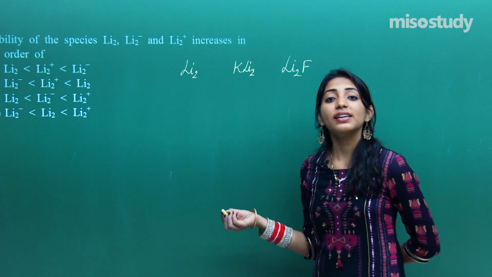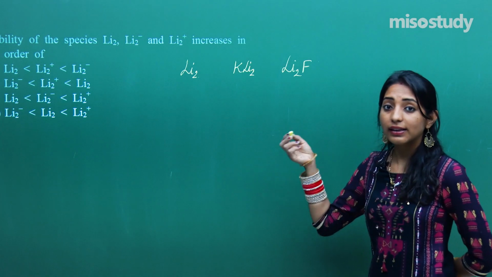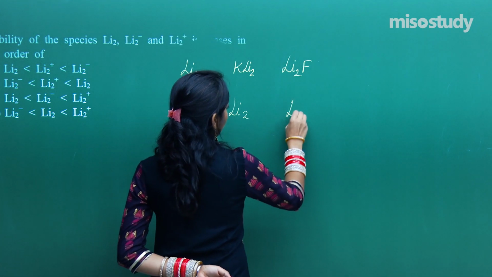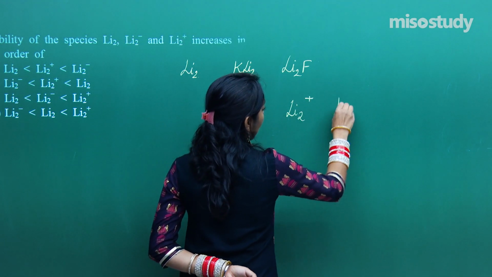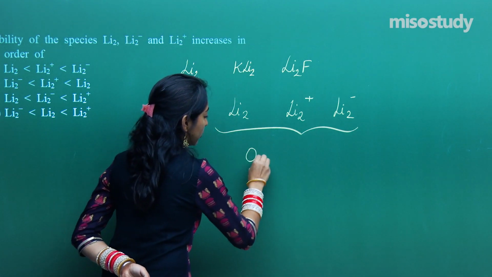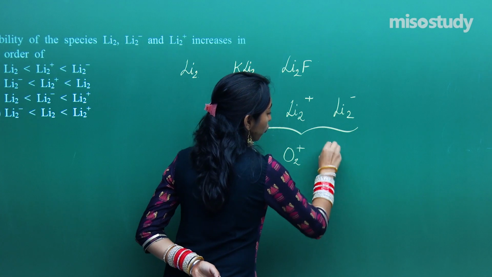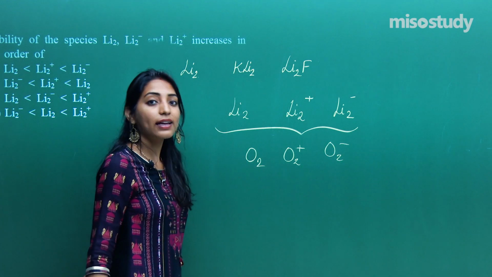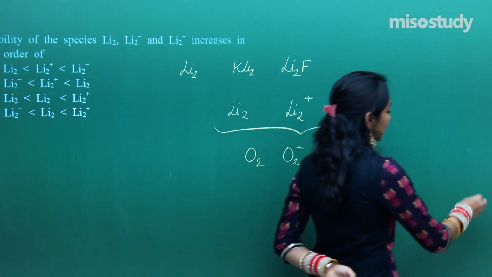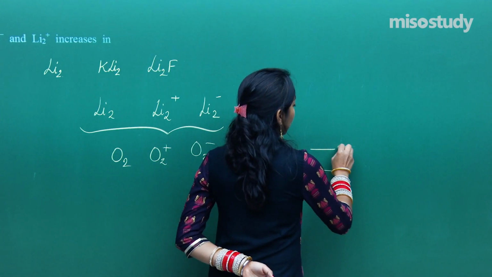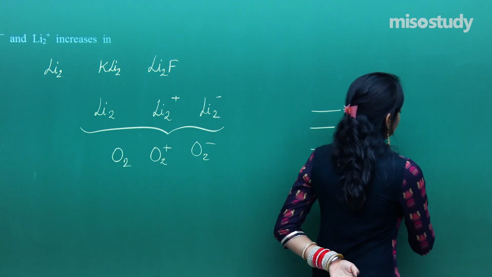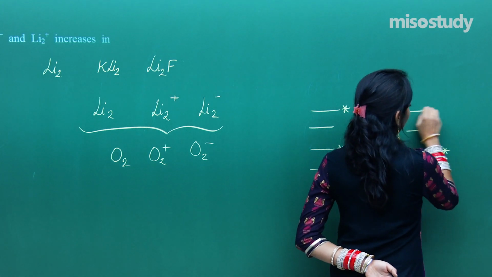So in that particular case, let me tell you, if the question is like this, then think how, when the same things are given, lithium 2 positive and lithium 2 minus. So anywhere you see questions like this, O2, O2 positive, O2 minus, right? They can be answered on the basis of MOT. Fine. So let's draw the molecular orbital diagram. Sigma 1s, sigma star 1s, sigma 2s, sigma star. These are enough, we don't have to draw more.